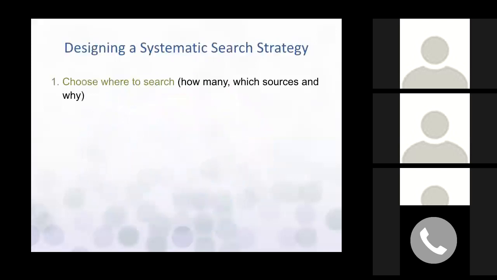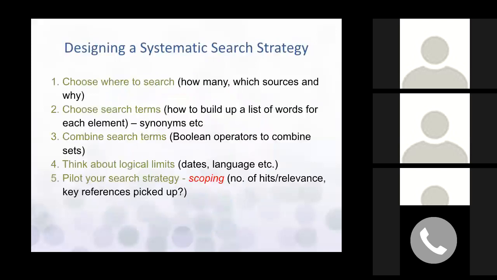So when you design your search strategy, you want to think about that hierarchy of accessibility and visibility of publications. So first you need to choose where you want to search. How many databases do you want to search? How many gray literature sources do you want to search? Why do you want to search them? For example, if you were looking for,